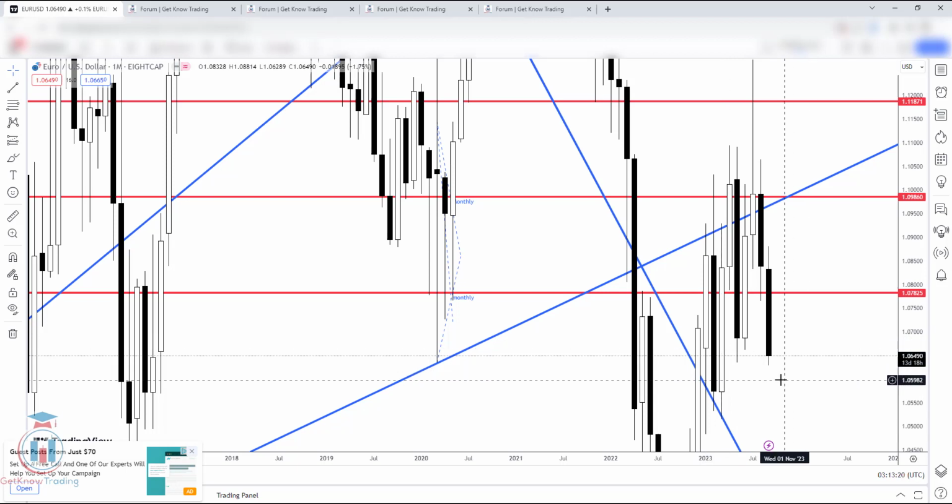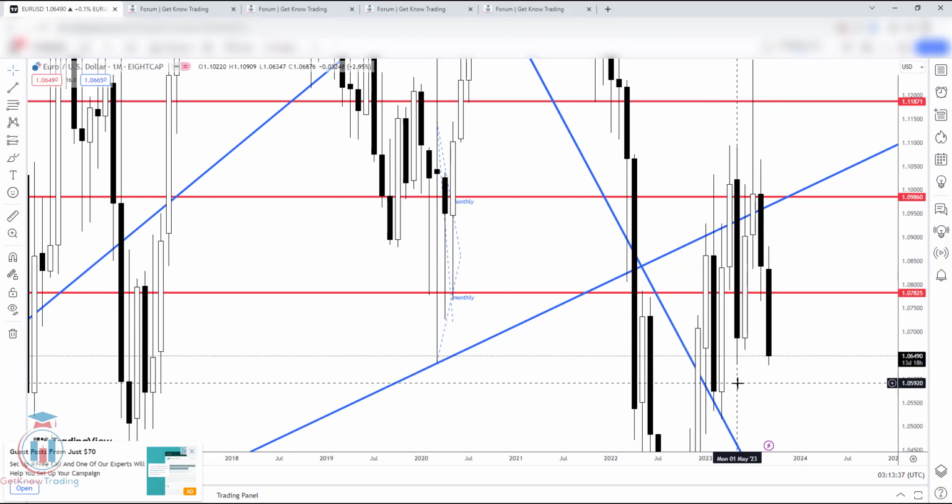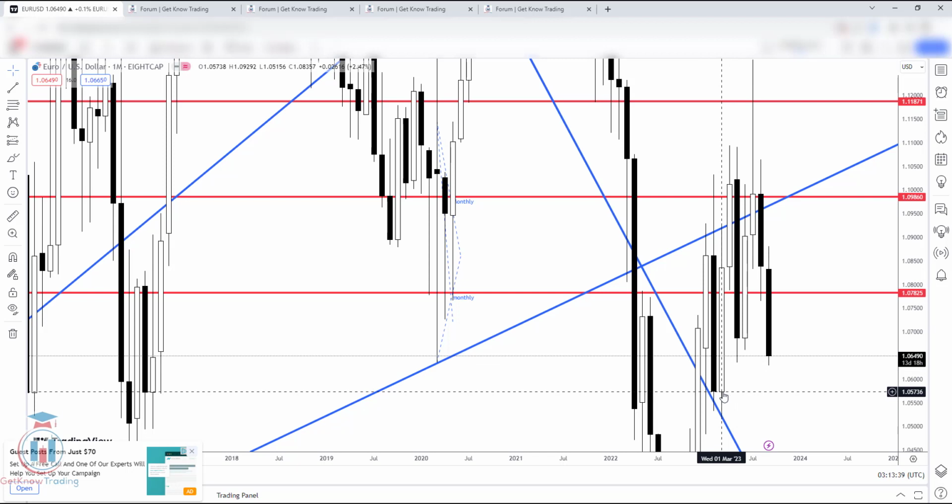So we can see that the price is in bearish mode right now, and the last 2 months, the last 1 month and also this one half of it are bearish, and as it looks right now, it will continue to move down. We can see that the next support level for the price is here, 1.05736, and we will see on the weekly and on the daily time frame these support levels